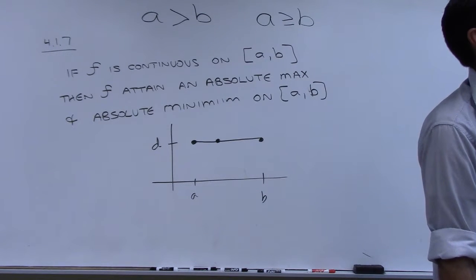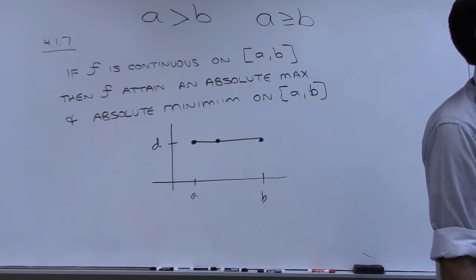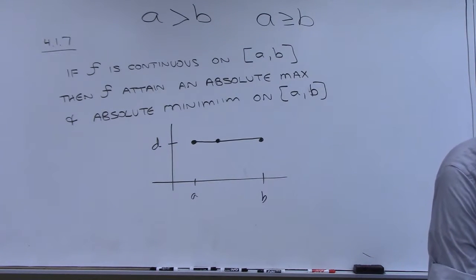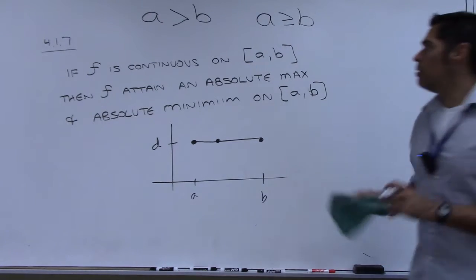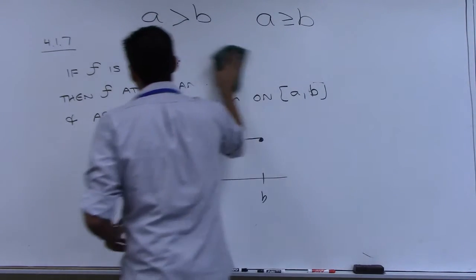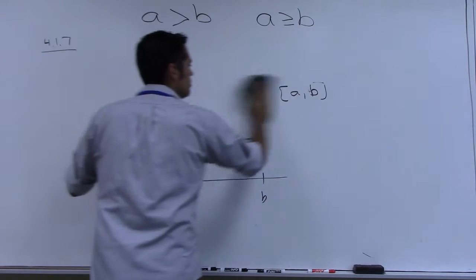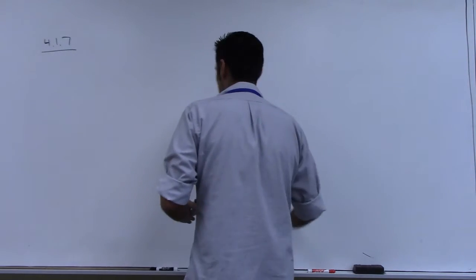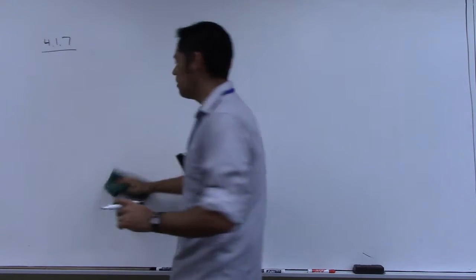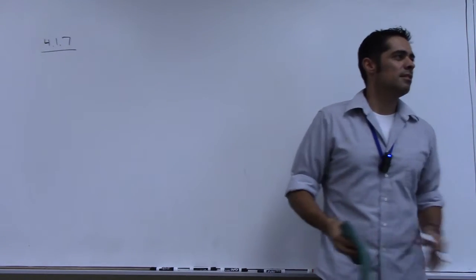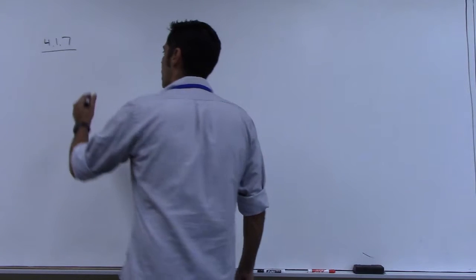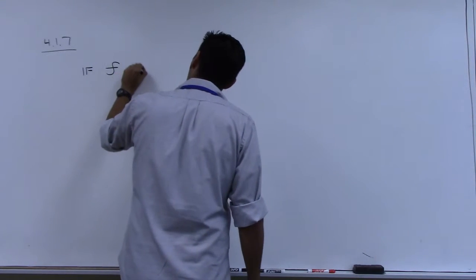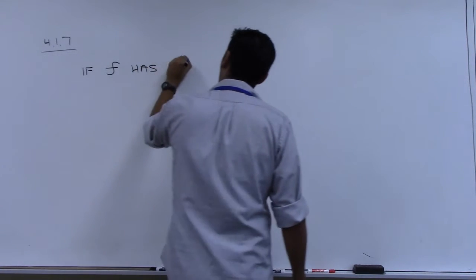All right, local max. Let me see here. We got our extreme value theorem. All right, then we get to what's called Fermat's Theorem. And if anyone knows anything about Fermat, this is not Fermat's last theorem, okay? Fermat's last theorem is a very famous theorem. This is just another one. All right, it says if f has a local